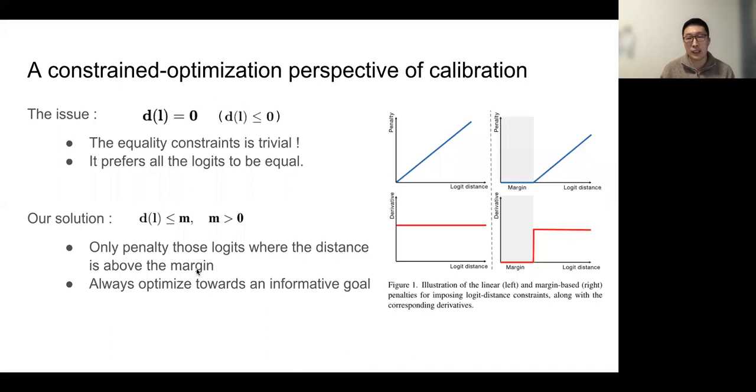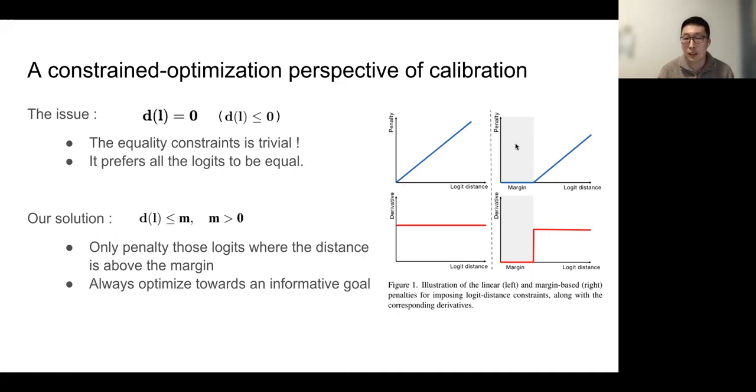I think it doesn't make sense to penalize a distance that is not too large. So we only penalize the logits where the distance is above the margin, and this is a much more reasonable and informative optimization goal. So we can guarantee that it always optimizes towards an informative goal.